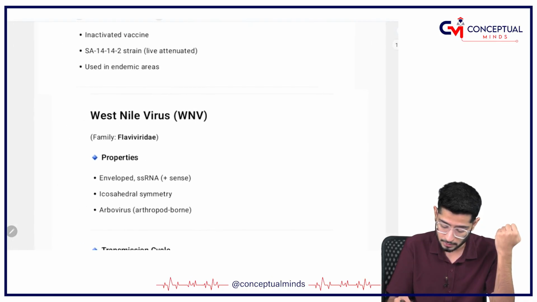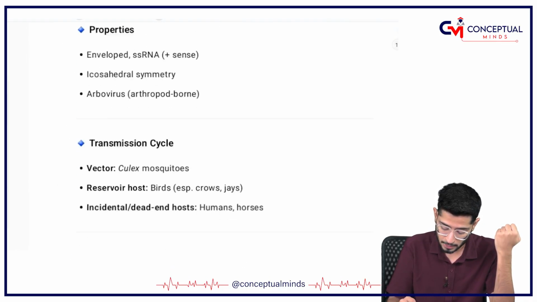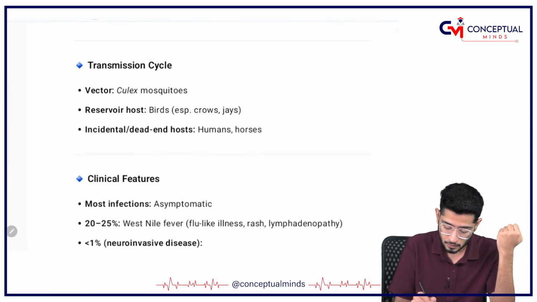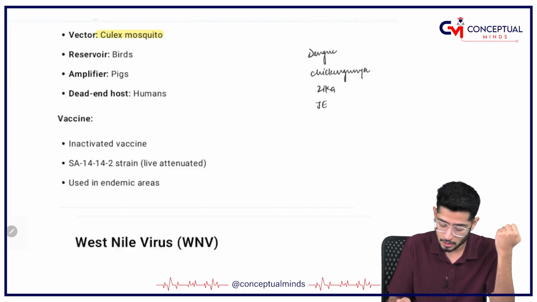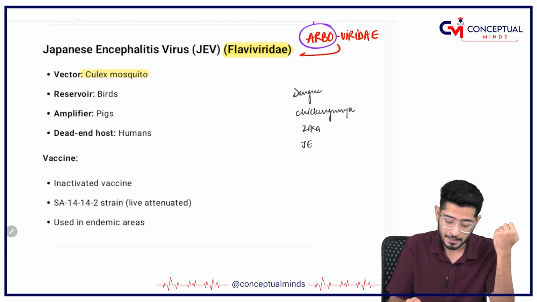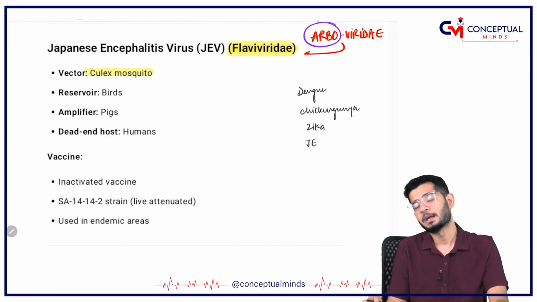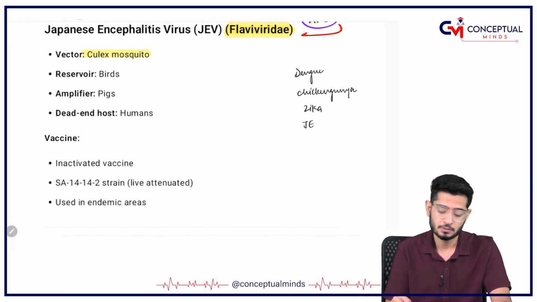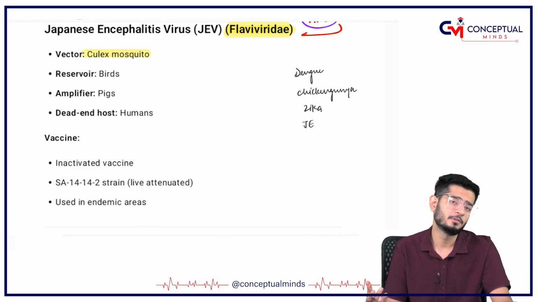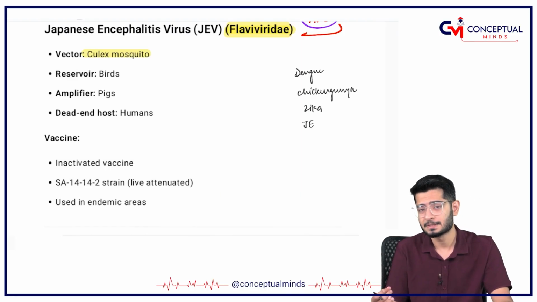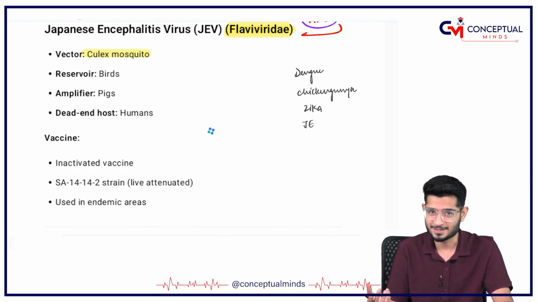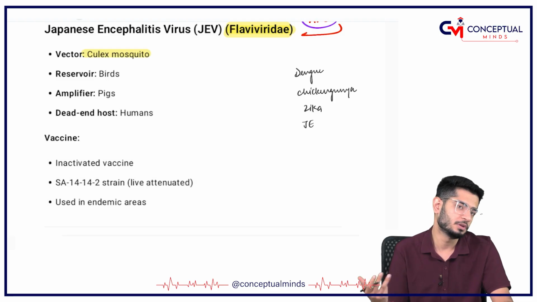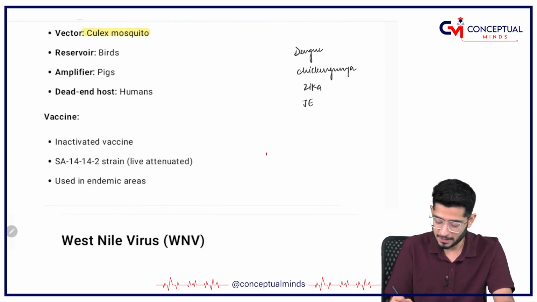Similarly, when you read about West Nile fever, it is also going to be transmitted by Culex mosquito, okay. And if you remember, I have told you that the one responsible for transmitting, causing the filariasis, also belongs to Culex mosquito only. That means the Culex mosquito is going to transmit all of these. So I just remember it like this: cute,